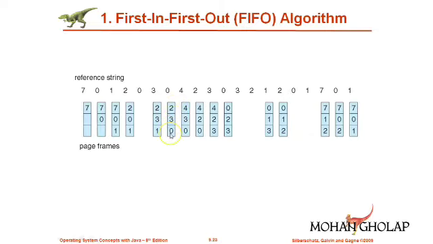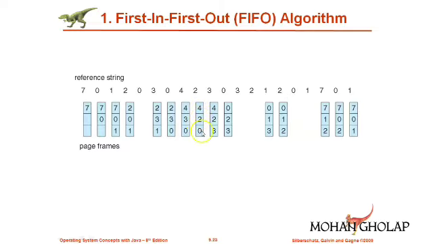In the same way, the next iterations are also carried out. After 0, the next page request comes for page number 4. Compared to this 2, 3, 0, the 2 is the first inserted before 3 and 0, so 2 is replaced with 4, and 3 and 0 remain as they are. After this, the next request comes for 2. Out of this 4, 3, 0, the 3 was inserted first before 4 and 0, so 3 is replaced with 2. So we have content 4, 2, 0.